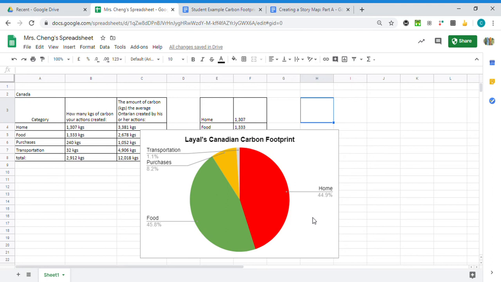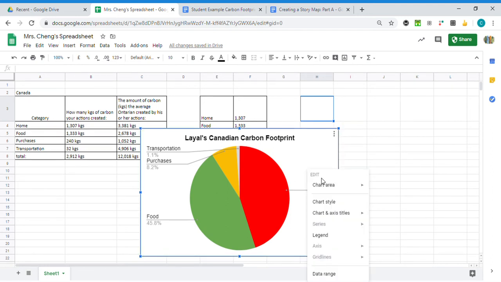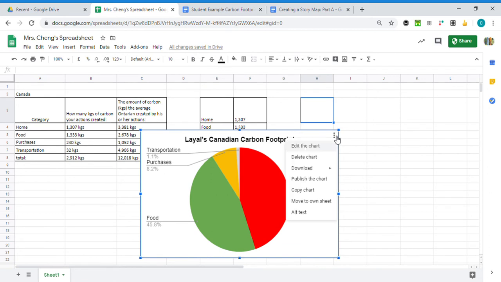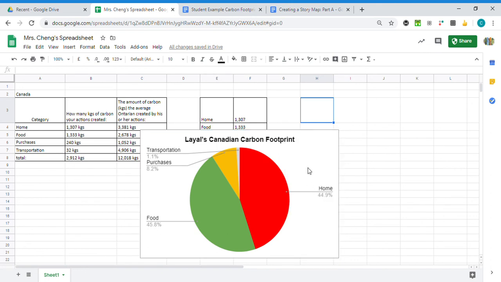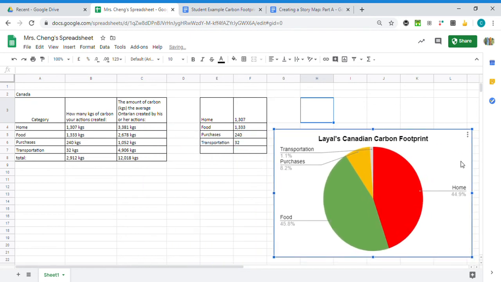That's simple. What I would do now is copy this pie chart, by going here and saying copy chart. So here just means at the top right corner, there's some dots, copy the chart. I don't want to delete the chart because if I made a mistake and I want to come back and edit it later, I have to restart. I don't want to restart all this work. So I'm going to make sure I just copy it, and then